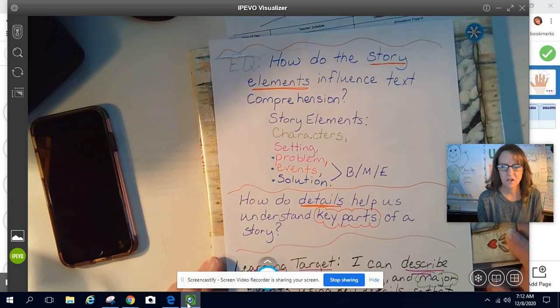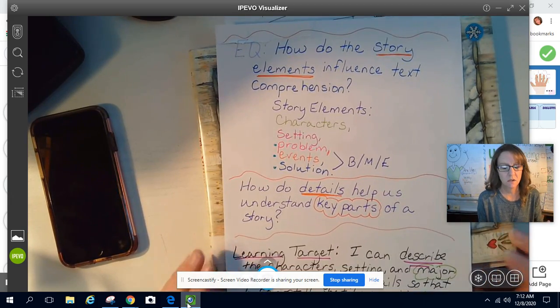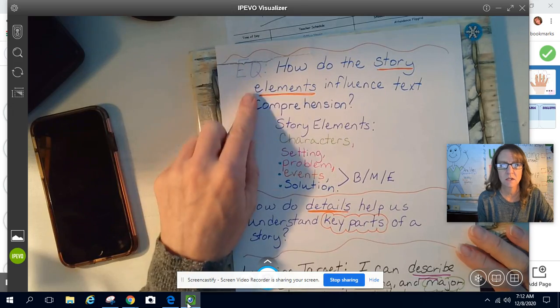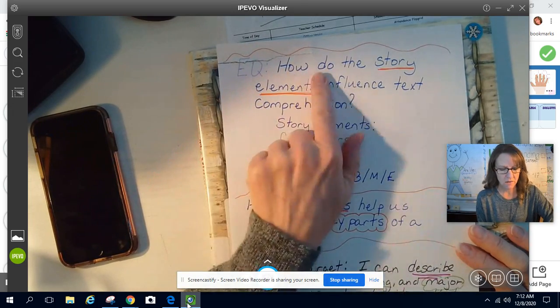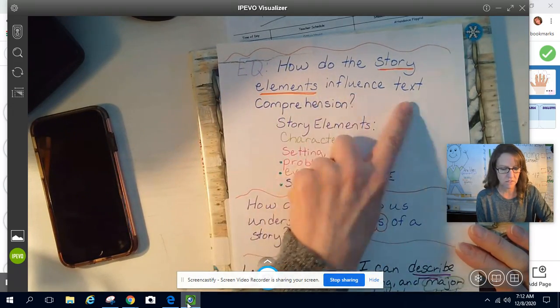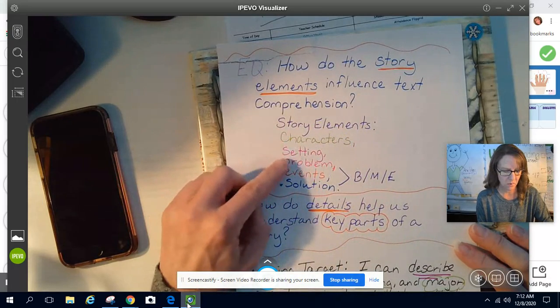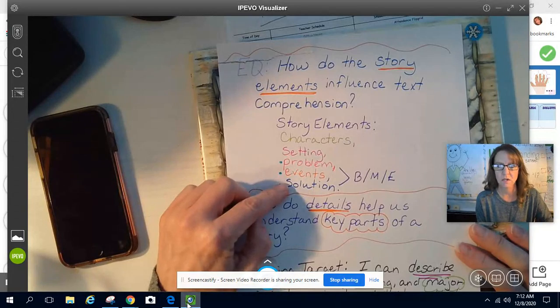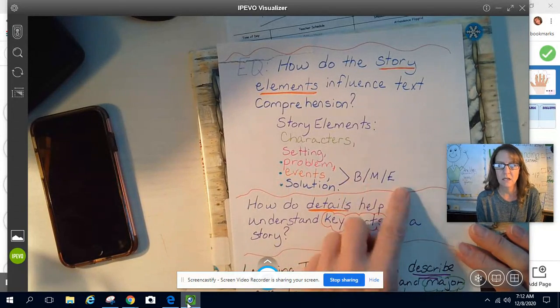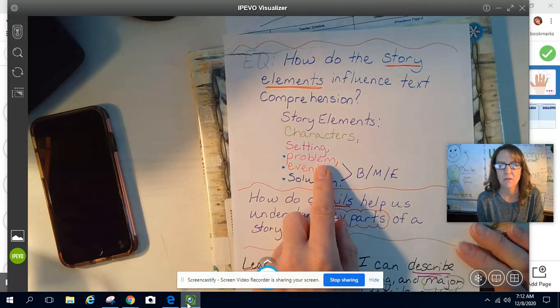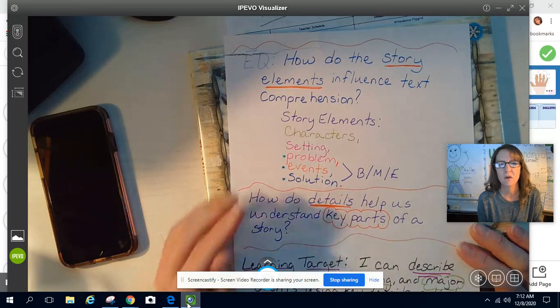Good morning, first grade. It is Tuesday, and we are going to be reading today, really looking at this question, the essential question: how do the story elements influence text comprehension? So those story elements are the character, setting, problem, events, and solution, that beginning, middle, and end. We're really going to be looking at all of these today, and I'm going to see if you're able to,